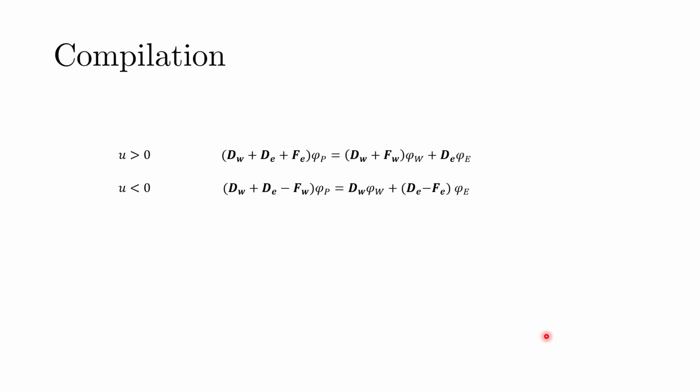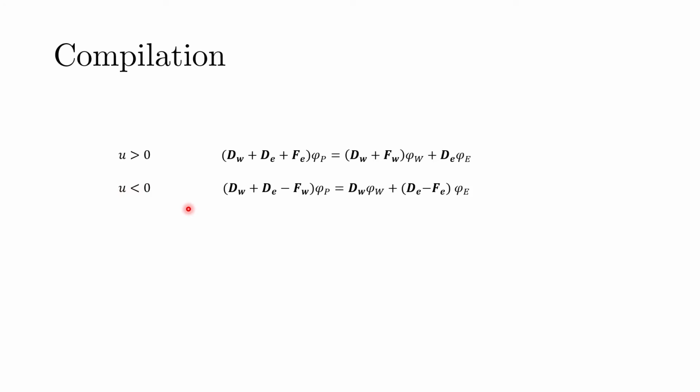So there would be actually 8 different cases. So you don't really have to remember the discretized equation for all these cases. We have a general expression for that, fortunately. So let us look at that now. If I want to compile these two equations together, I have just written the equations from the previous slide for u greater than 0 and u less than 0.